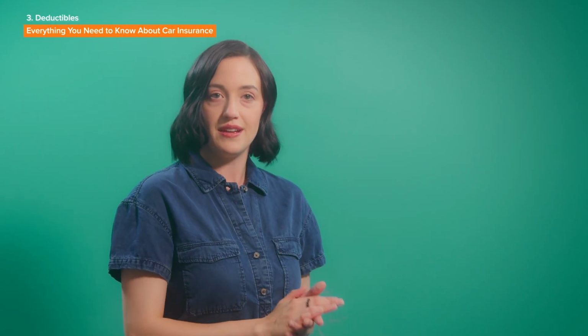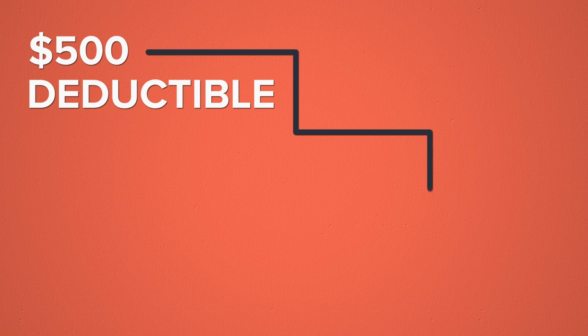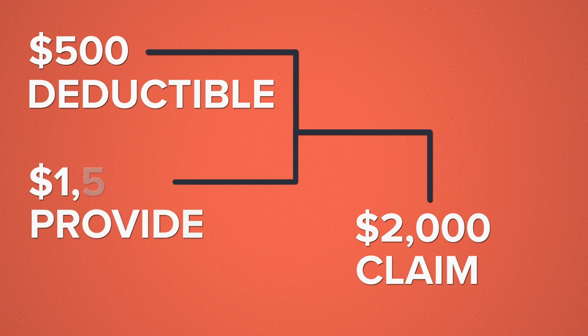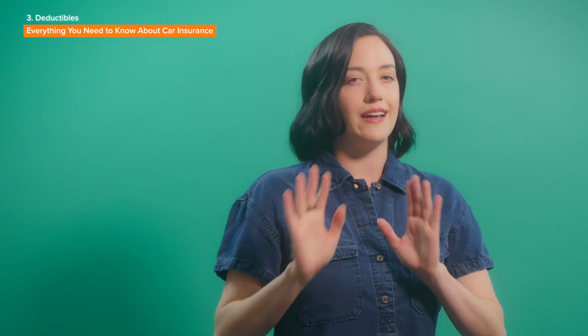If you make an insurance claim and it's covered, your insurance company will cover the costs of your loss. A deductible is the amount of money that you'll pay towards the loss yourself before your provider pays the rest. So, if you have a $500 deductible and you're making a claim for $2,000 worth of repairs, you'll pay $500 and your provider will pay $1,500. Deductibles get a little complicated if more than one driver is at fault for an accident, but that's a topic for another day. Your policy might have different deductibles depending on which coverage you're claiming under, but you're usually able to choose your deductibles when buying your policy.